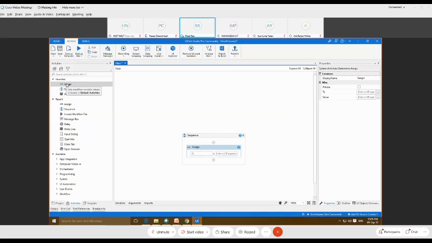Once we provide the path, by using the Import Arguments option, we can import the arguments, and then by adding a Message Box, we can display the message as per our requirement. So this is all about the argument.